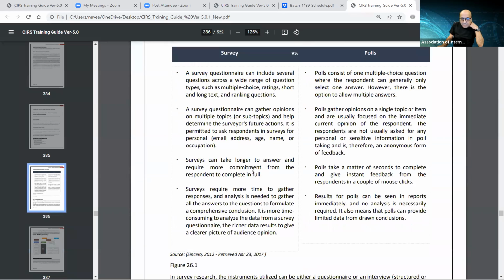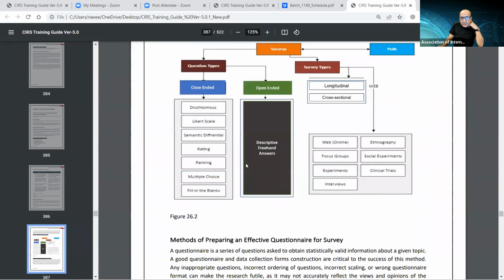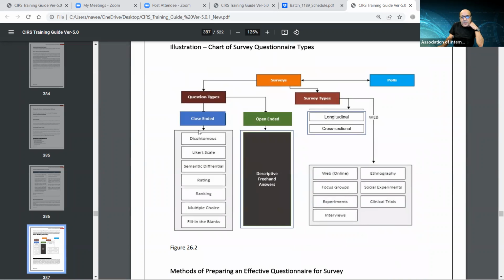Okay, so let's just move further with the survey questions. The other thing in the exam could be memorizing, or at least learning about the terminologies. There are two types of questions in the surveys. One we call close-ended, and then there is open-ended questions. So what is the difference between the two? They might just give you some questions and ask you to cross match each with either close-ended or open-ended. So if you know what the difference is, you can just make the right selection.